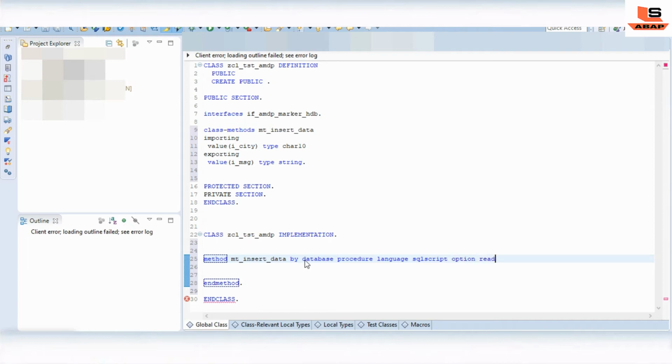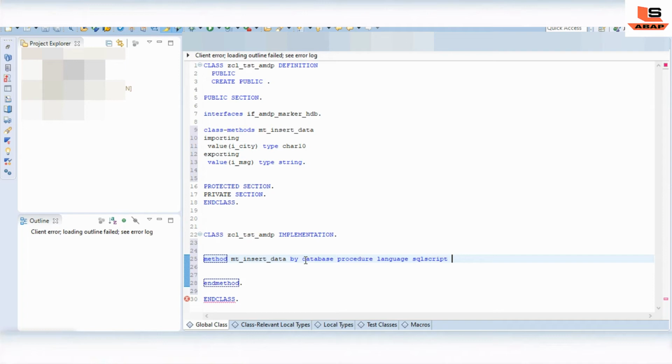Option read only, sorry, we are going to update our table, so while updating the table we can't use OPTIONS READ-ONLY. We have to perform some insert operation, so we are not going to use read only.